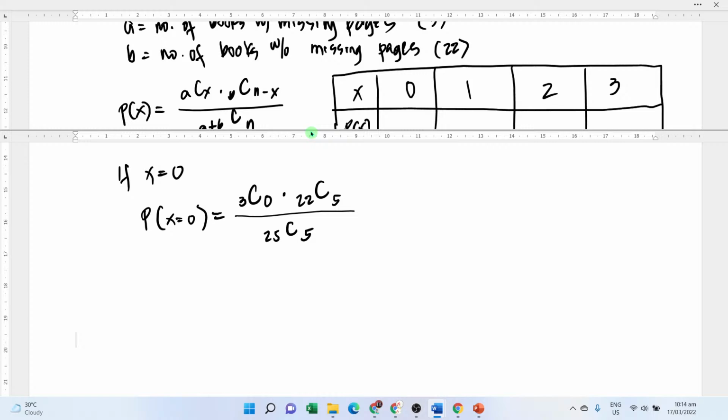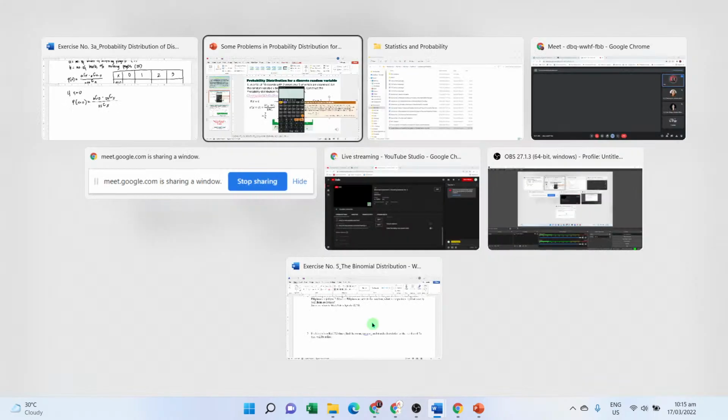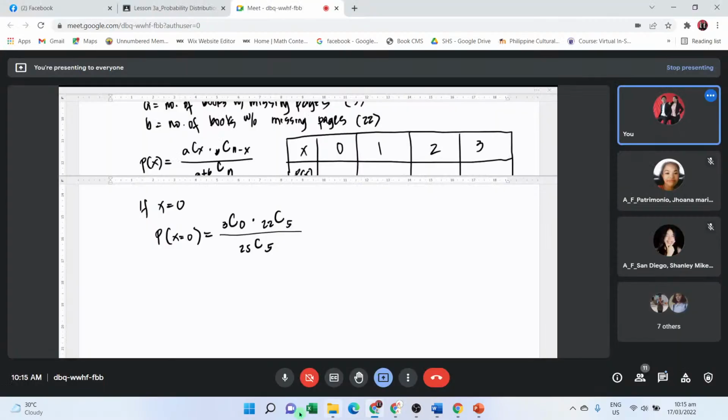Okay? So do you have your calculator? You know now how to use the combination. Wait lang class ha. Let me get the calculator from Denzel. His calculator broke, I remember. Wait lang class ha. I'm getting my calculator.